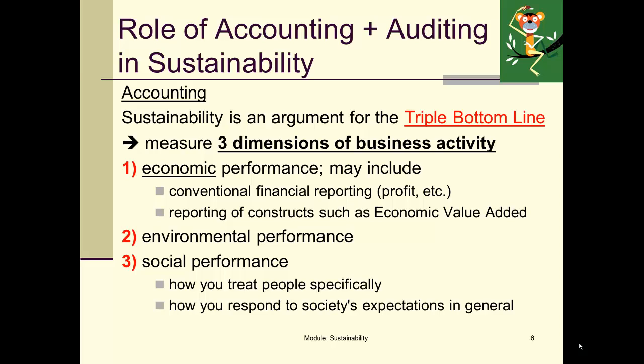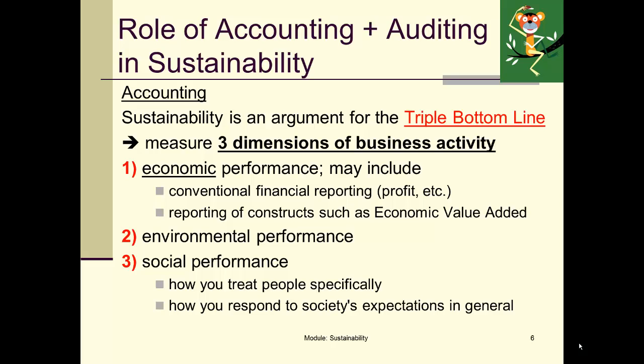The second dimension of business activity is environmental performance. It's really hard to say how organisations should report this, because every organisation will have a different impact on the environment. Should we require every organisation to report how many chemicals it's discharged into the river? Well, that's okay for organisations that are next to a river, but if an organisation isn't discharging anything into a river, is that reporting requirement simply extra paperwork, where somebody has to sit there for 10 minutes filling out zeros?